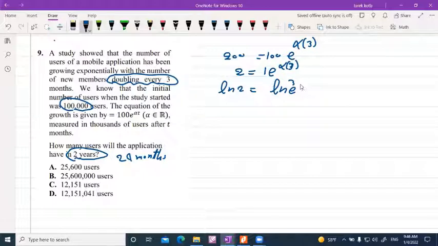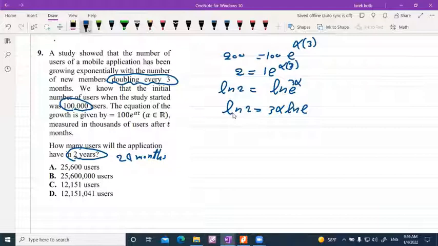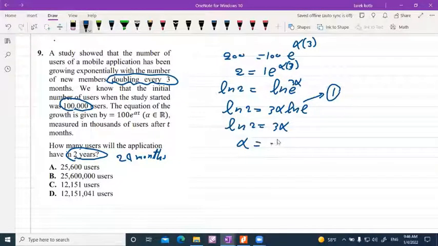So ln 2 equals ln e^(3 alpha). And you know from the property of the ln, it will be 3 alpha ln e, and this is ln 2. And ln e equals 1. So it will be 3 alpha, and this is ln 2. So the alpha equals